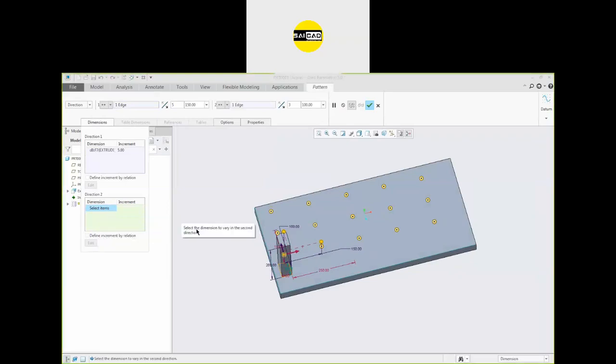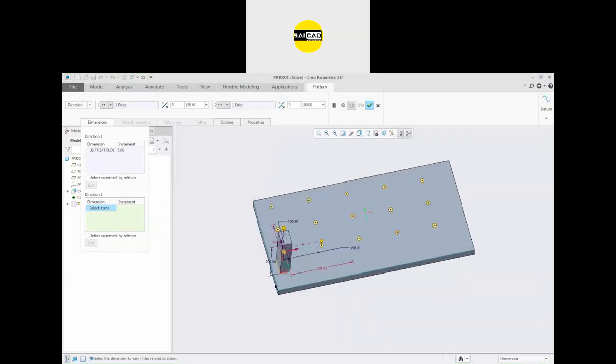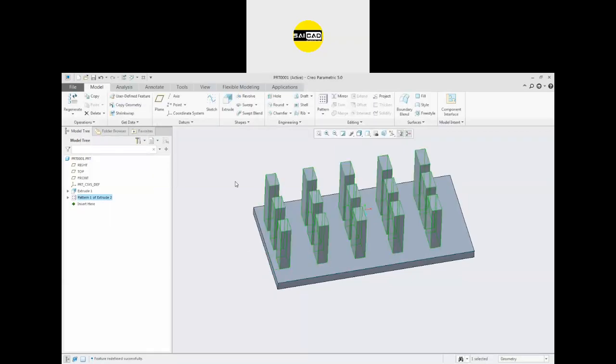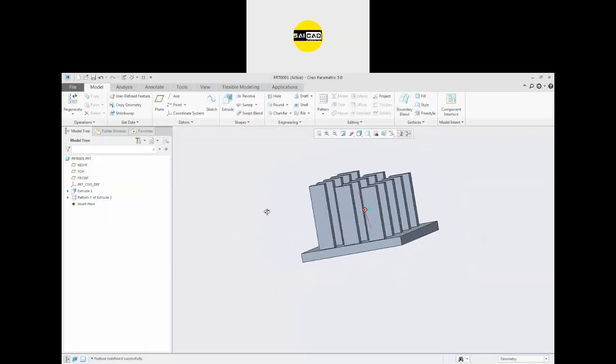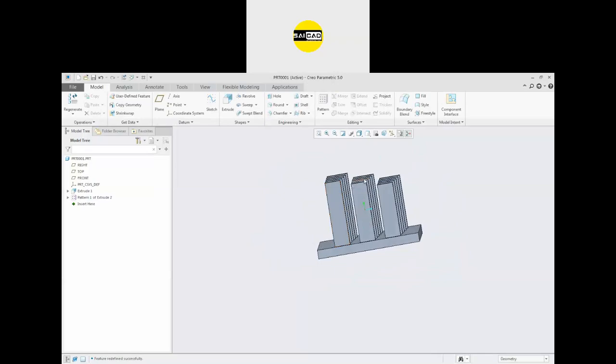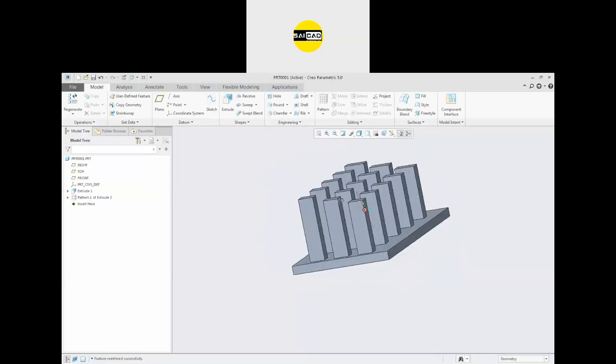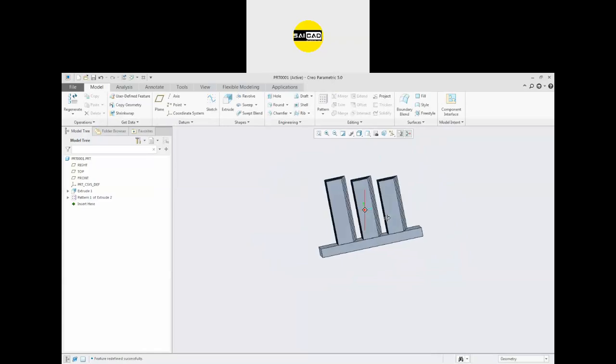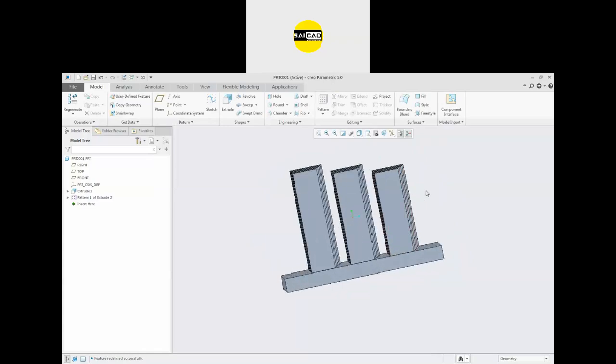I want that in direction two, when these patterns appear, I want to change its height, and the height increment should be 20. Okay, so here it is 200, next would be 220, next would be 240. Click OK, you will see the change in height like that. This is the 20 increment, and in this direction you will see the change in the size of the object. It will be the 5 increment after this.